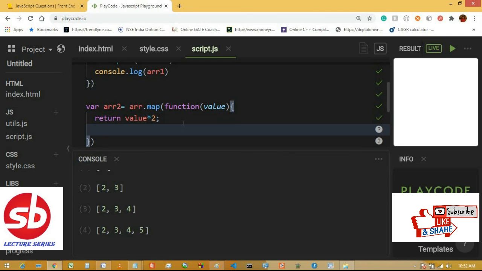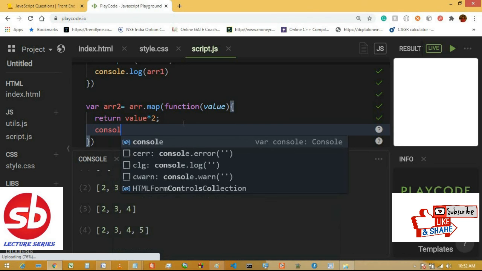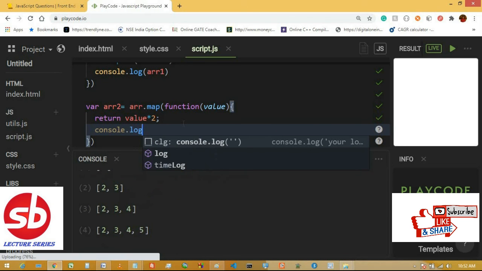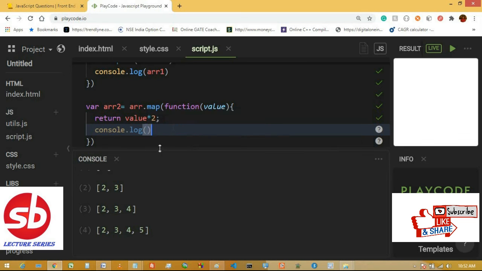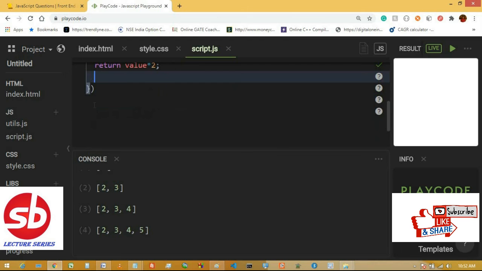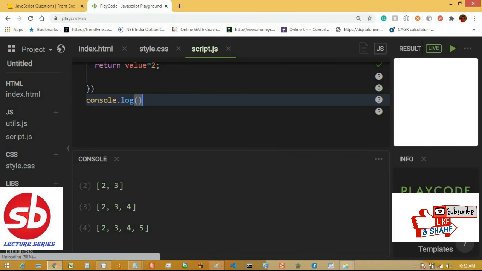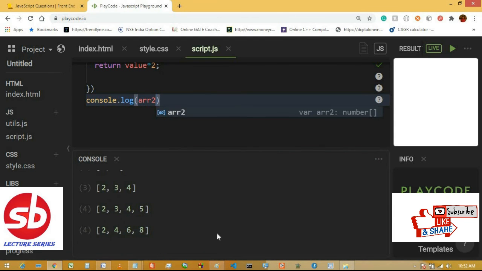And also we want to console the result, so console.log, not inside this but outside it. Okay, so you can see 2 4 6 and 8.